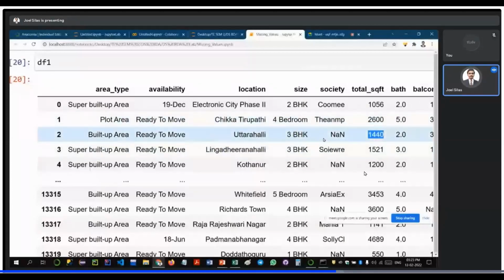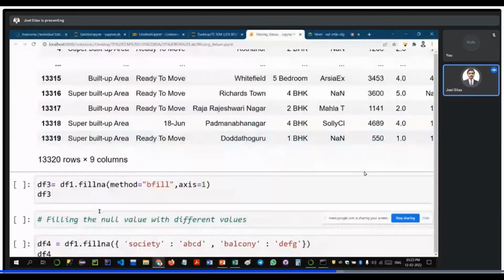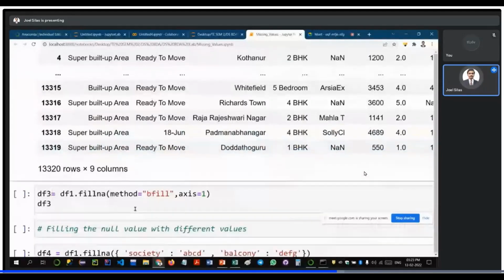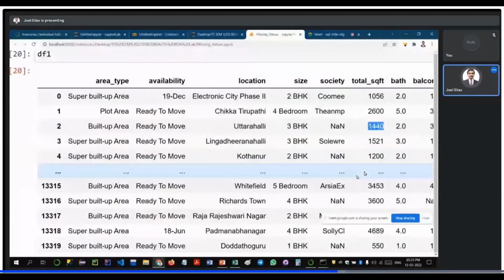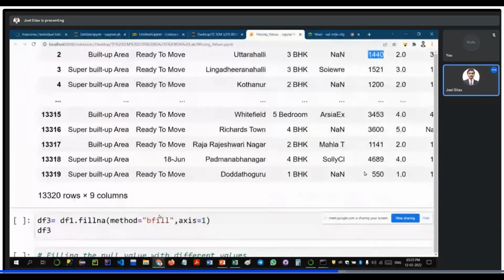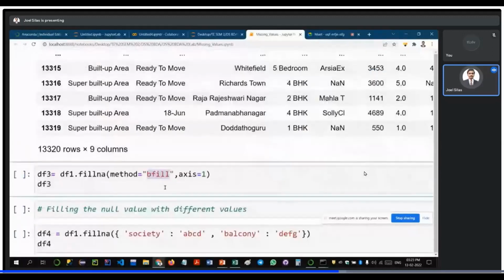For this, we simply need to change the axis. As I had mentioned, axis equal to 0 means it is the row, and axis equal to 1 means it is the column that we consider. So by writing bfill, we are going to consider the next value. Bfill means the next value, and axis equal to 1 means